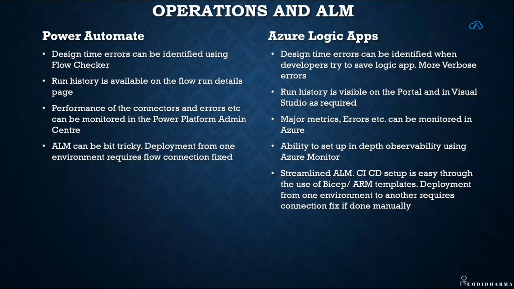Right? So if you are doing deployment from one environment to another environment, generally you have to figure out the licensing for that environment as well, the context as well, and then you'll also have to fix the connections that the flow uses to connect to the external systems, right? So the ALM is a bit tricky in Power Automate, but it's not impossible, right? It's just that one needs to get a bit opinionated about it, and once they acquire that opinion,